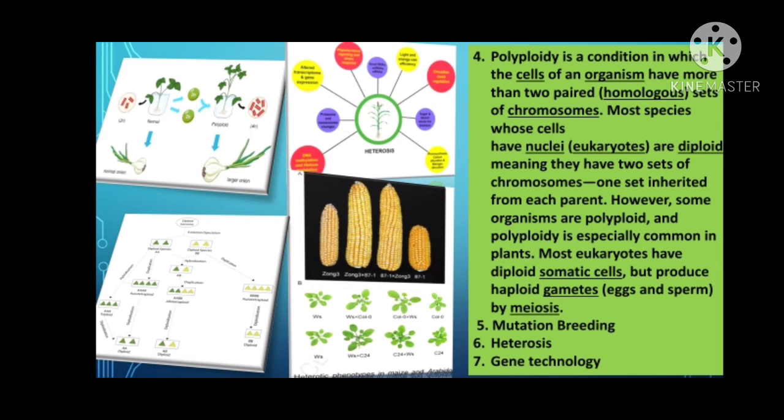Okay. Then comes your gene technology. The improvement of crops with the use of genetics has been occurring for years. Traditionally, crop improvement was accomplished by selecting the best looking plants or seed and saving them to plant for the next year's crop. Okay, so plant breeding is an important tool that has limitations.